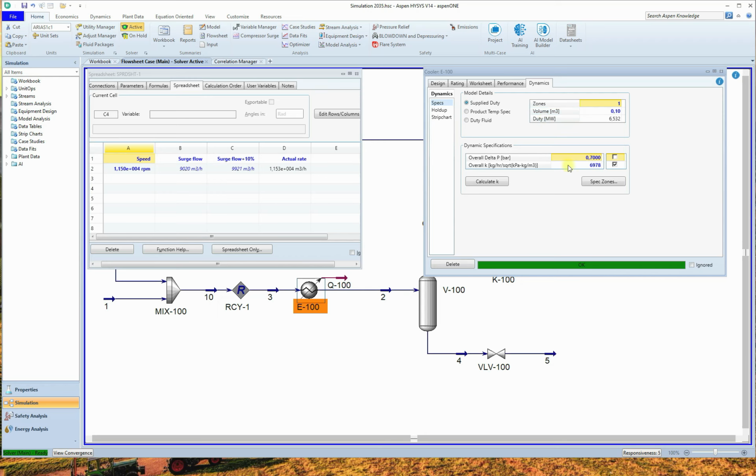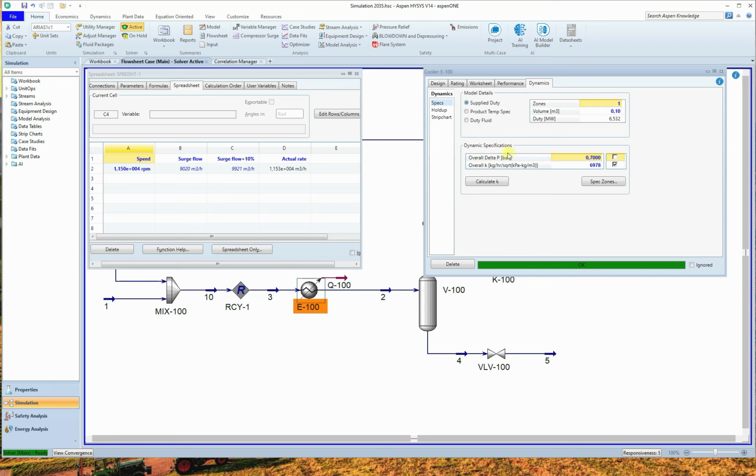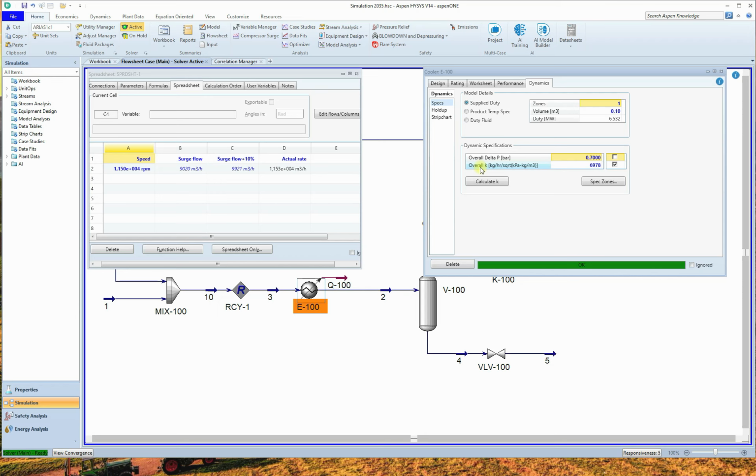As I showed you in the Dynamics tab, if you check this box, it will give you a more realistic pressure drop when you put in the accurate overall resistance factor. So what we do in dynamic simulation, actually, is put for one of the cases, for example the design case,